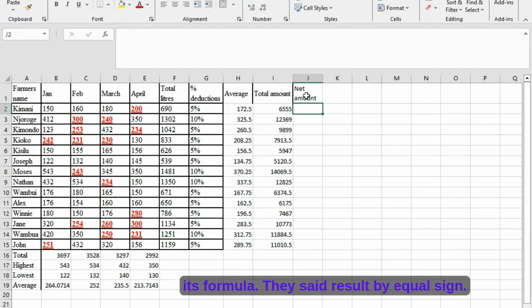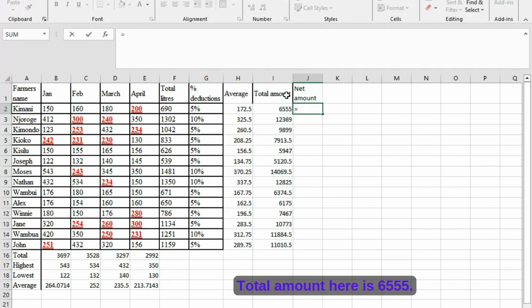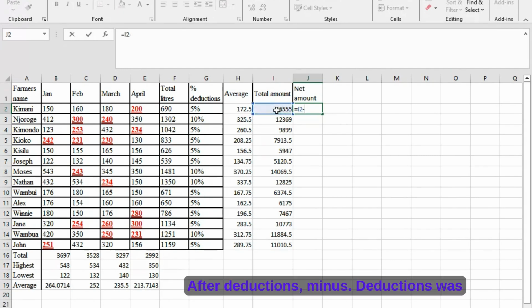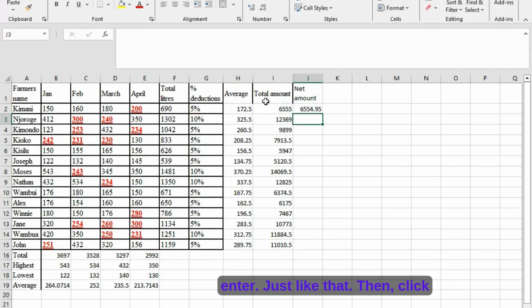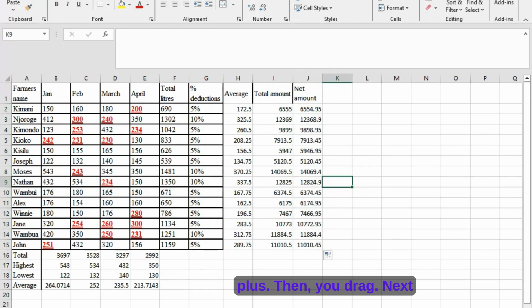Then its formula, they have said result by equal sign. Total amount here is 6555 after deductions minus deduction was either 5% or 10%. So I click 5% because it is the first one, then press enter. Just like that, then click the answer on this corner plus, then you drag. Next question,